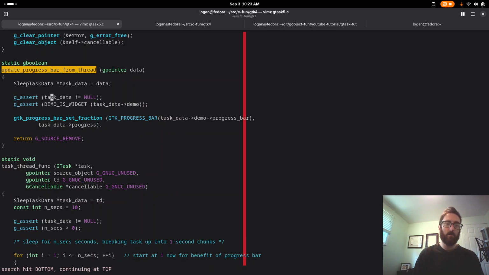We're going to assert that this is not null, and that the actual task data arrow demo is actually a demo widget. And then from this function, which we know will be run in the main thread, we're going to call GTK progress bar set fraction with the progress of the task data. And then we're going to call g_source_remove, which just means don't keep running this function over and over and over again. Take it out of the main loop once you run it one time,